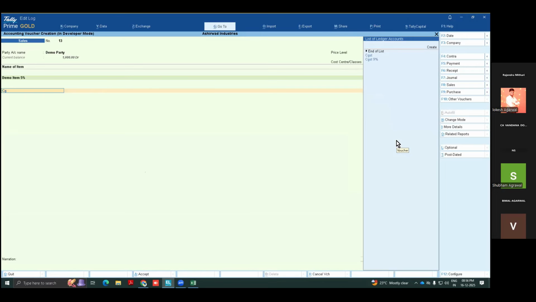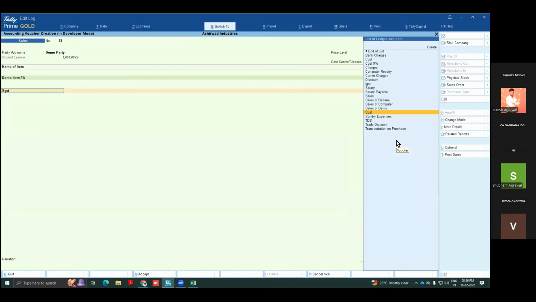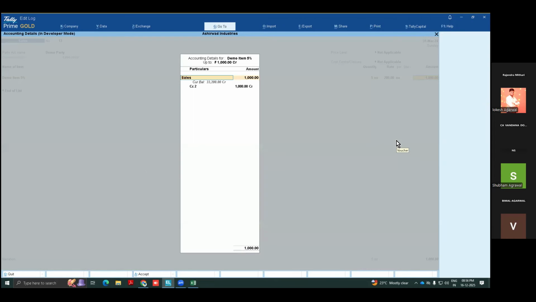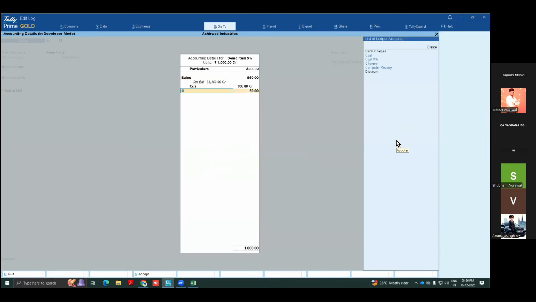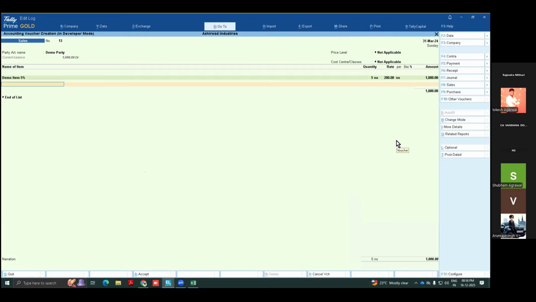I want to show you one logic those people are using. Let's take an example of what the CGST and SGST are on that item. So it is 25, 25. That means 50. So what I am doing, I'm just removing this, and here I put 50. So 950 is there. And CGST 25, SGST 25. And I'm just saving this invoice.